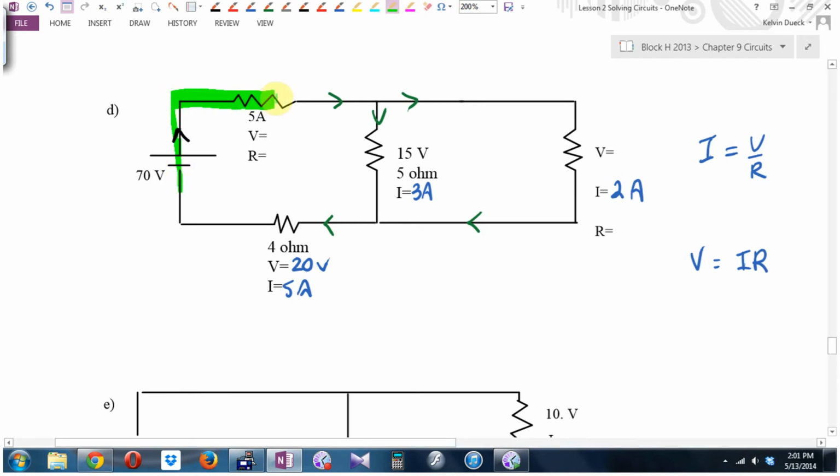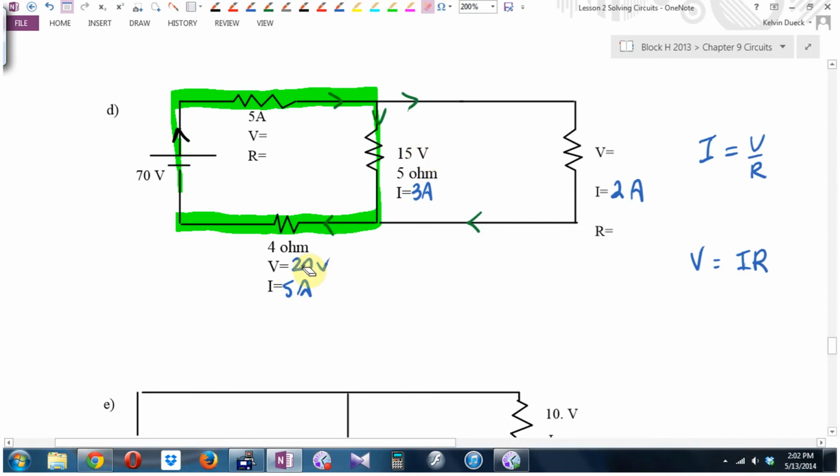Do I know how much I lose in that resistor there? Say no. How many do I lose going through here? 15. How many do I lose going through here? 20. Could I get back to the ground? Did I arrive back at the bottom of the chairlift? Yeah. So,